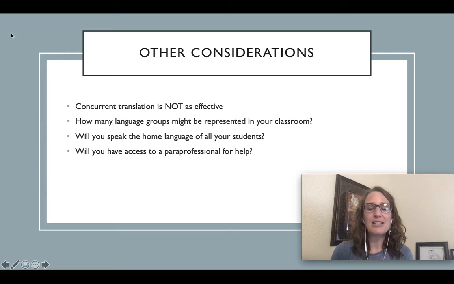You need to consider that if you're in New York City or in Chicago or some of these school districts where they have children from all over the world, it's just not going to be a possibility for you. I had a student a few years ago in my classroom who was from Italy, and Italian was her first language. I had a student from Brazil a few years ago, and as much as we think that Portuguese is just like Spanish, it's not. And so it was hard for me to do some of the things that I had done previously with my Spanish-speaking students. The other thing to think about is, are you always going to have access to a paraprofessional for help? And the answer usually is no.